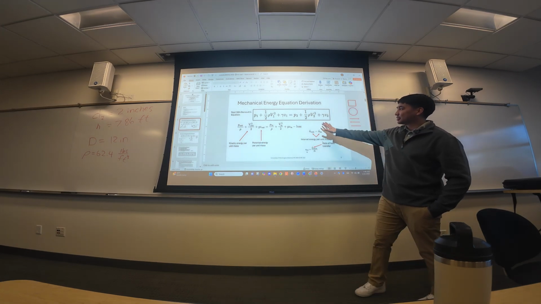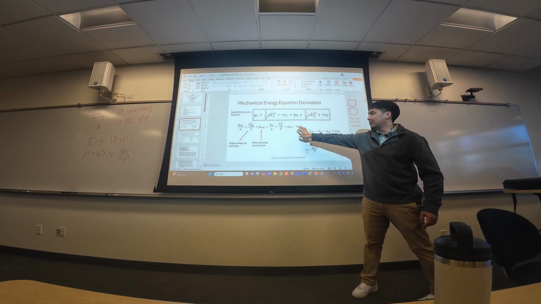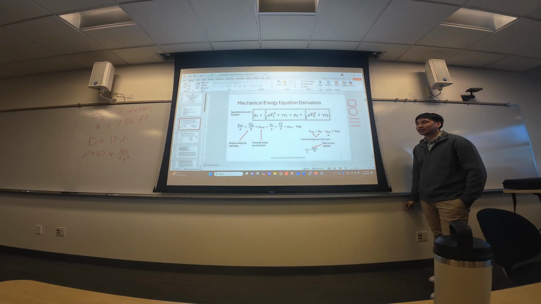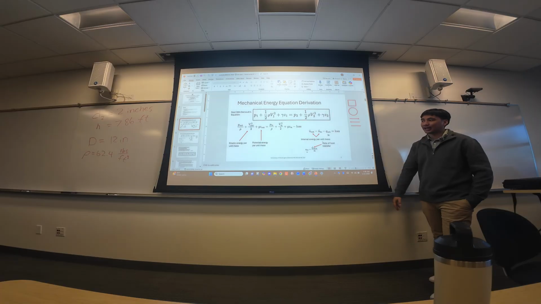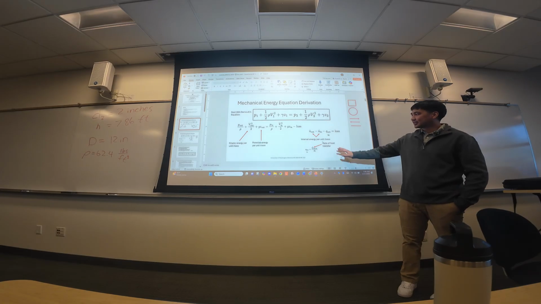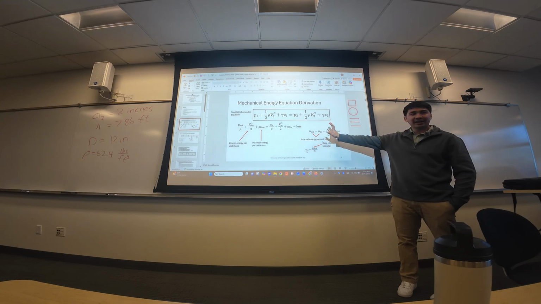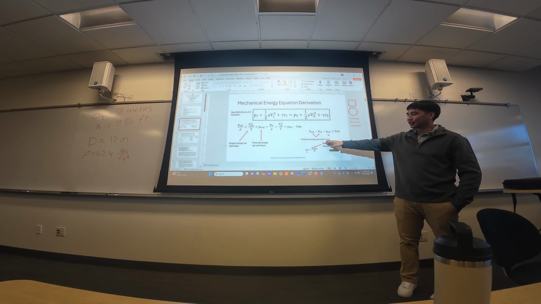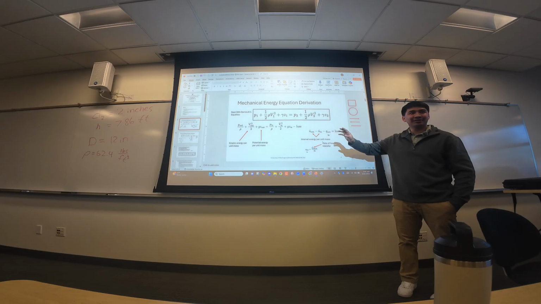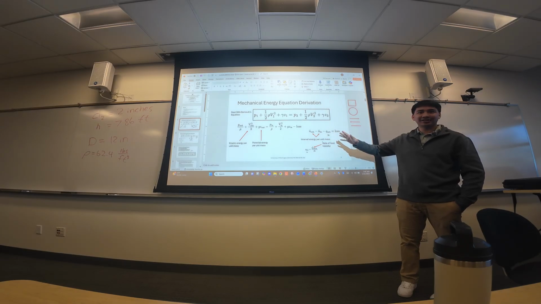So you see from this step to this step, just dividing density, we have this new term labeled as loss. You'll see that, I think, in homework 3, problem 4. I have some slides that will deep dive further into what loss is, but that's basically your losses to friction. This is kind of loss explained in equation format. So this U hat, I'm going to call it, it's just internal energy per unit mass. I don't think we're going to do much of this U variable. I'm just showing you what loss is if you happen to need it.